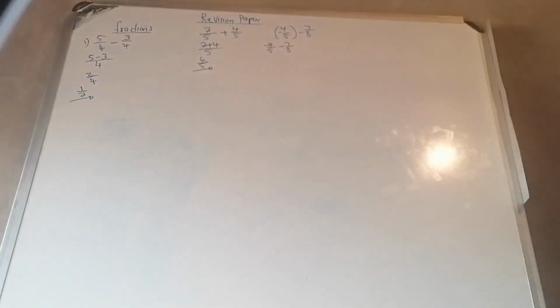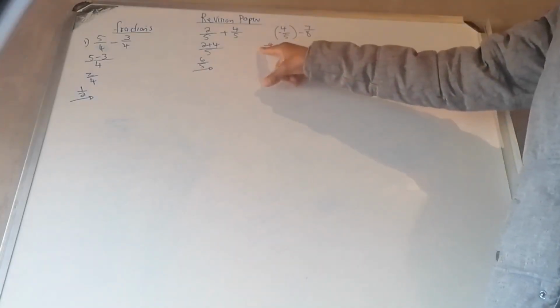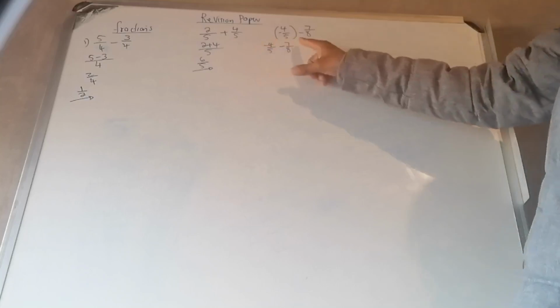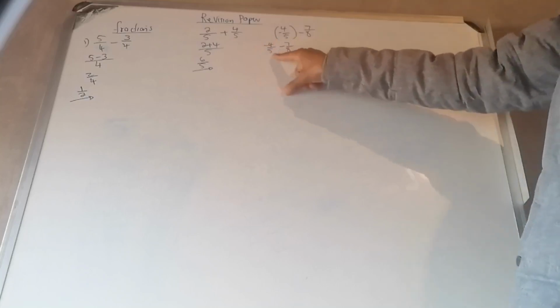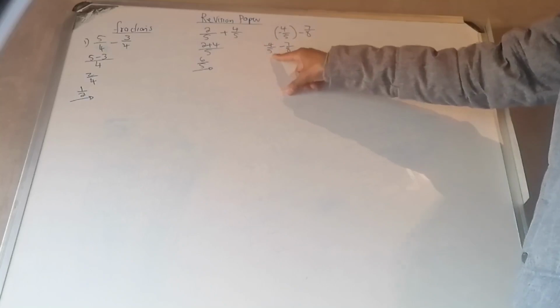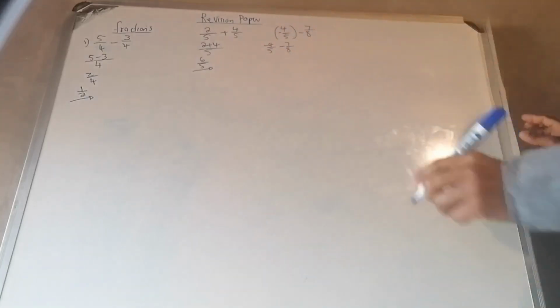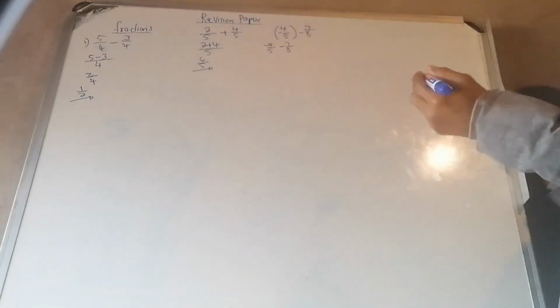Now we have a problem here. One denominator is 5, the other denominator is 8. So what is it that you do? Multiply this side by 8/8. Multiply this side by 5/5. Very, very important that you understand that. So because the denominators are not the same,